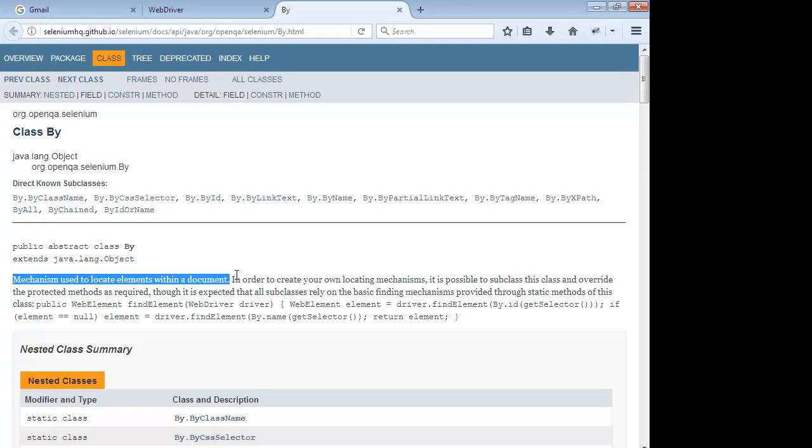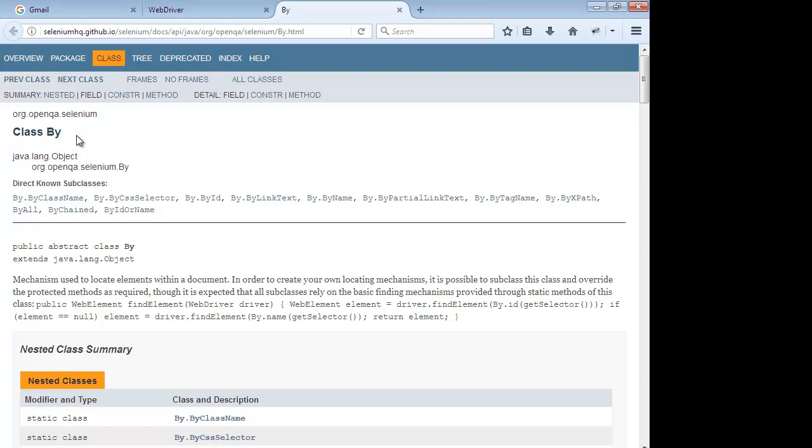Document means the page. So there are mechanisms out here to locate the elements within the web page. This is defined by the By class.